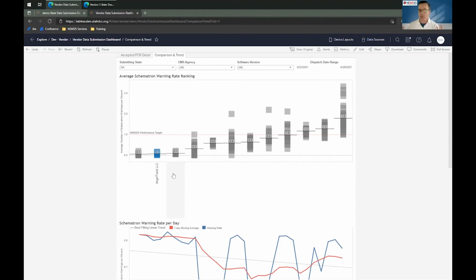And if your software is deployed in multiple states, you'll get an idea of where you sit in a particular state as well. And of course, if you have multiple versions of your software, you'd be able to segment by software. And of course, agencies as well. So you'd be able to do that and get a sense of how you're performing